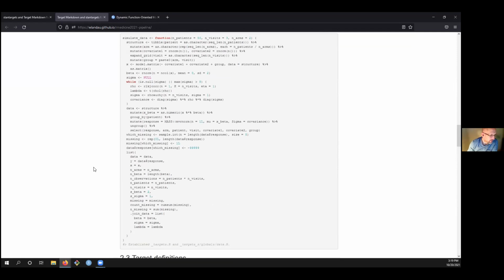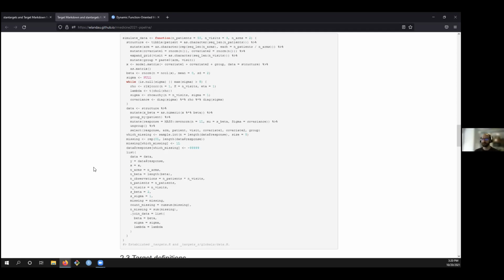But for example, convergence is a target, which means that, well, what's the difference? So there's a decision right here. You could have made this to be a target as well, right? And instead you decided to be a function, and you used it in one of the target factories. While convergence is a target, it's not formatted as a function. Can you talk a little bit about that distinction? That's a targets question. It's not a stantargets question, but generally that decision between leaving it as a function versus making it into a target. Yeah, and so do you put the content of the code in a function that's called from a target, or do you put that directly into the target's command?